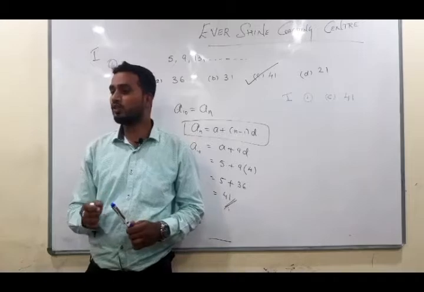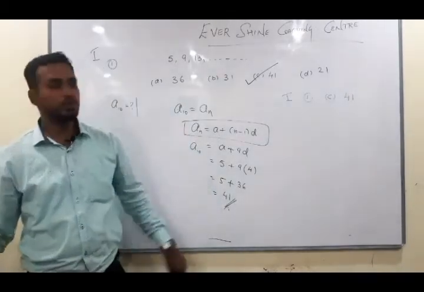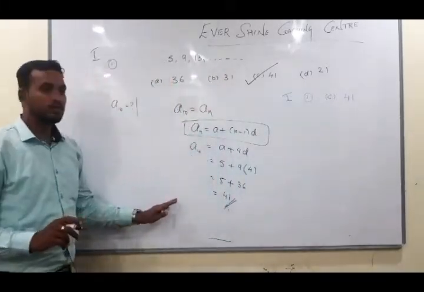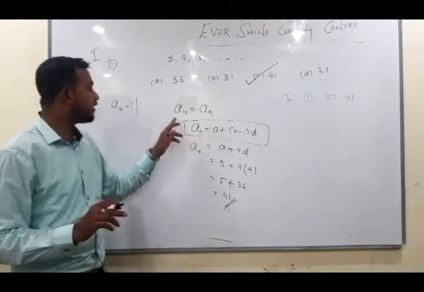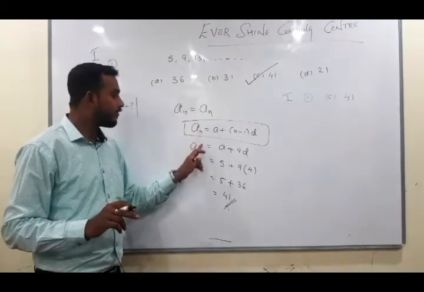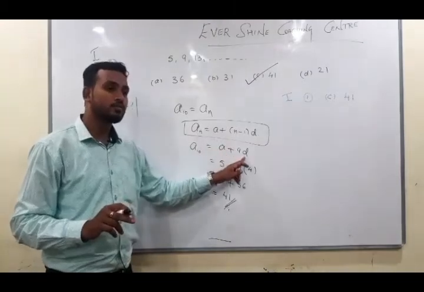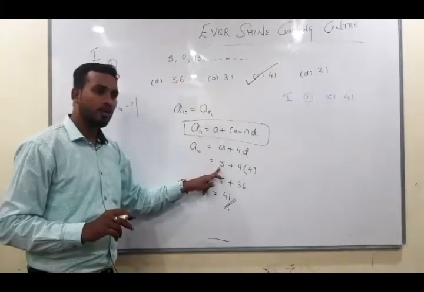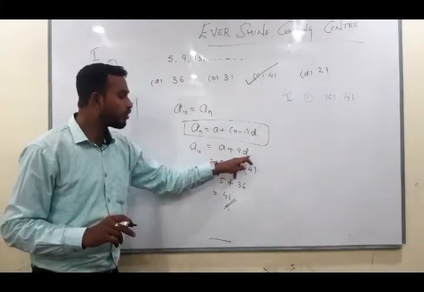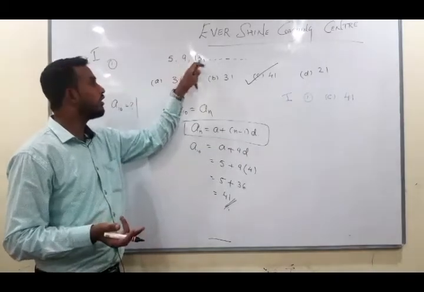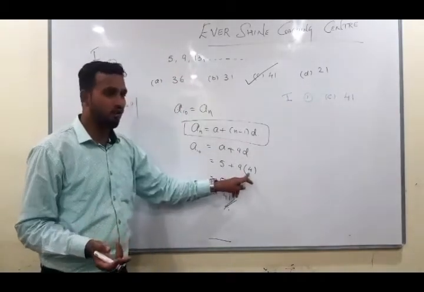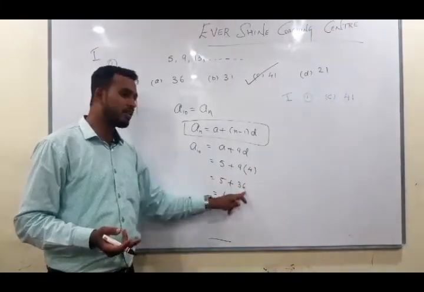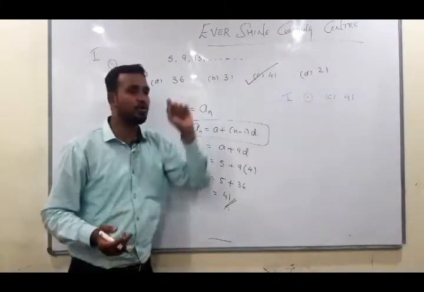Understood children? The way you are going to write the answer, you have to specify the question number, the option, and along with that the answer you have to write. Is this clear? Once again I will repeat. We can see here they are asking us to find the 10th term. The 10th term formula is what? a plus 9d. What is a? a is the first term. What is the first term? 5. 5 plus 9 into common difference. What is the common difference? 9 minus 5, 4. 13 minus 9, 4. Right? It is 4. 5 plus 9 fours are 36. 36 plus 5 is 41. So option C, 41 is the answer.